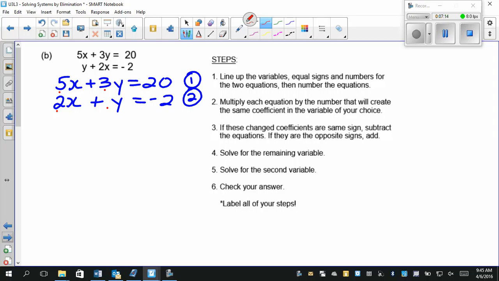It's still equal. So when I look at this, I can easily multiply equation 2 times 3, and that will create the same number here as I have up here. Okay? So if I do that step,